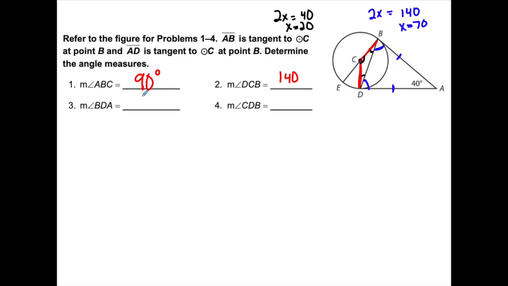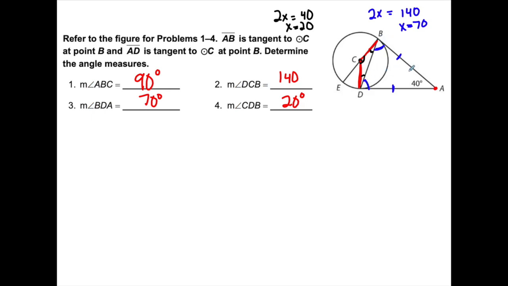Let me just fill this in. So BDA equals 70 and CDB equals 20. The first thing I did is I said, well, look, because these are both tangents that meet at the same point, these lengths must be equal. Because these lengths are equal, this is an isosceles triangle. Because it's an isosceles triangle, and because these are equal, these opposite angles are also equal in